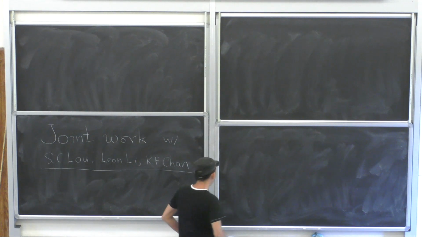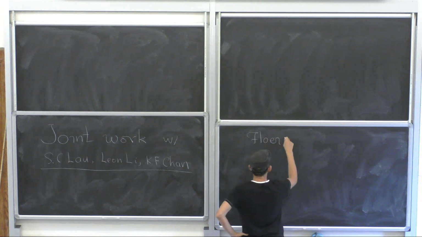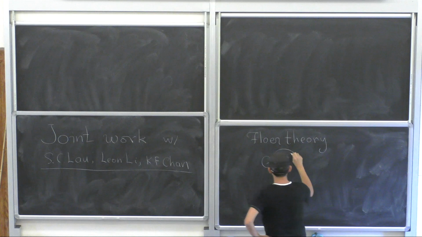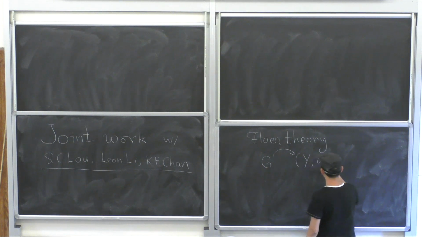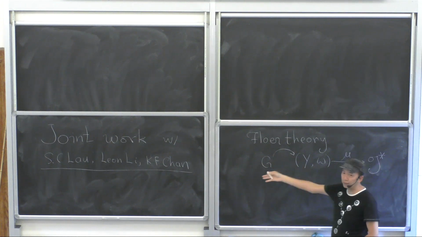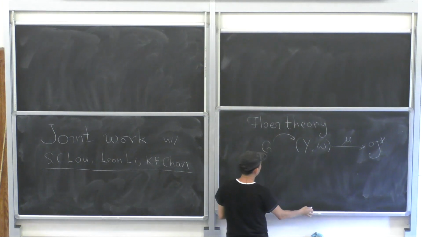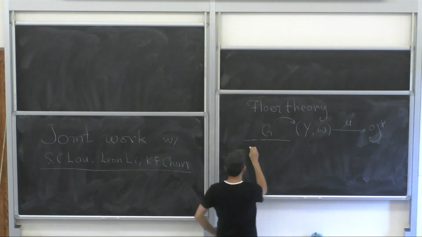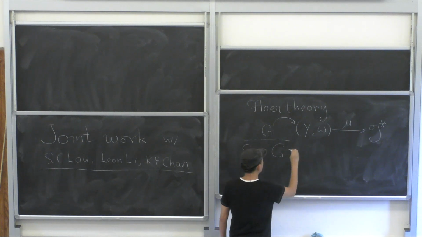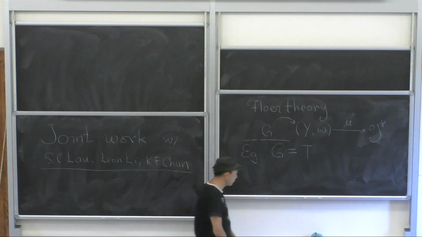All right, so we are studying Floer theory when you have a group action. G is a compact group. So let's try to look at some example first. For example, let's say the group is a torus. So in this case,